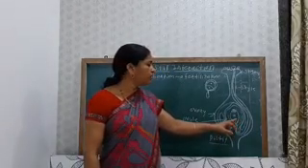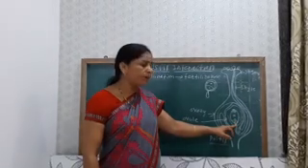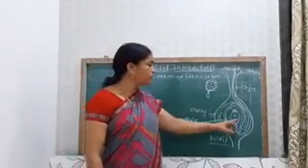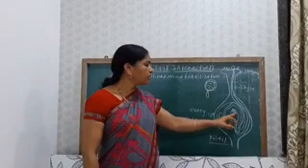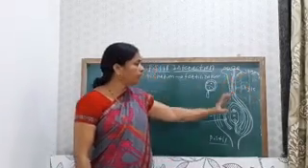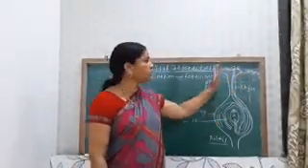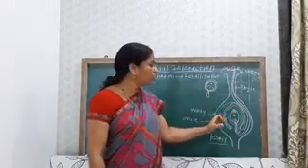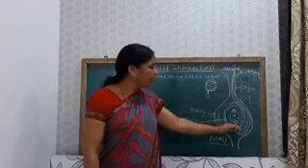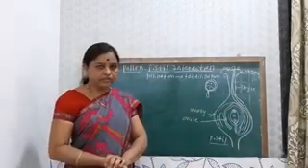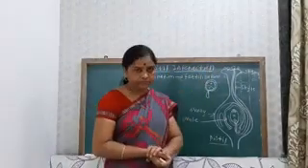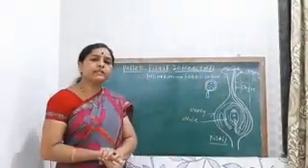When it enters through any one synergid, the pollen tube carrying the two male gametes enters the embryo sac, or female gametophyte, where one male gamete fuses with the egg and another fuses with the secondary nucleus. All the events from pollination, then germination, up to fertilization are known as the pollen-pistil interaction.